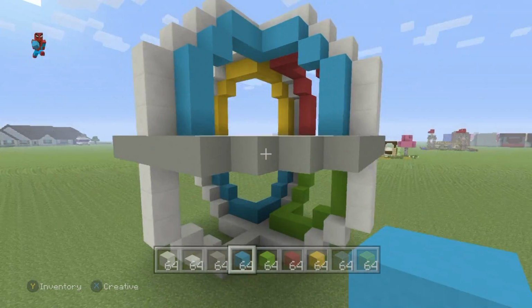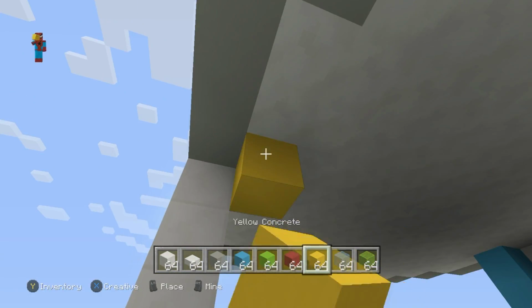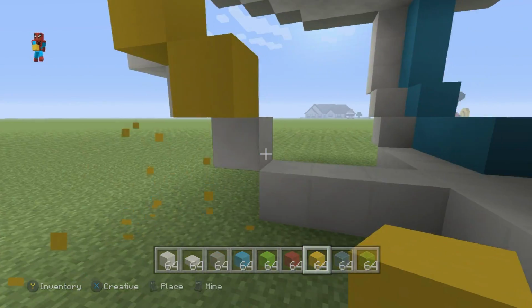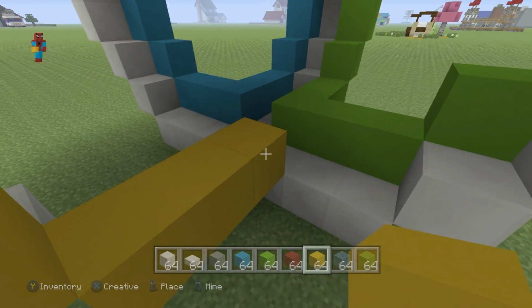I've run out of colors, but you guys get the idea. So I'm running out of colors that I like. I guess there's pink, purple, orange. That's pretty nice. And I could use...